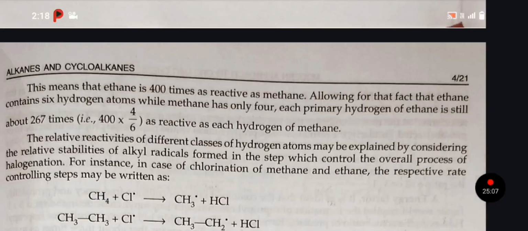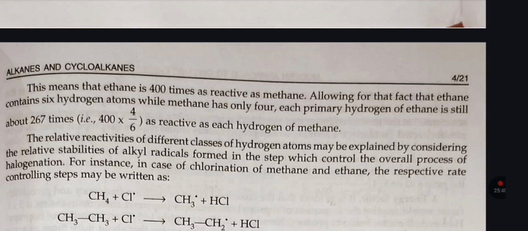This means that ethane is 400 times as reactive as methane, allowing for the fact that ethane contains 6 hydrogen atoms while methane has only 4. Each primary hydrogen of ethane is still about 267 times, that is 400 into 4 by 6, as reactive as each hydrogen of methane. The relative reactivity of different classes of hydrogen atoms may be explained by considering the relative